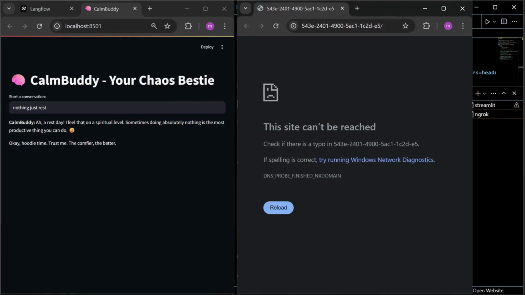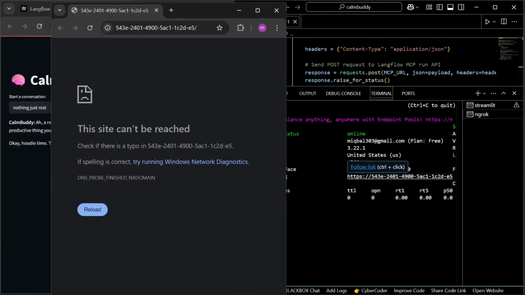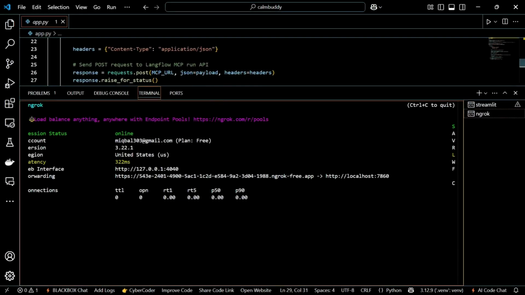Okay. If you share this link with anybody, it works. But the main condition is you have to keep running it on your local machine also. You don't close your Langflow platform.